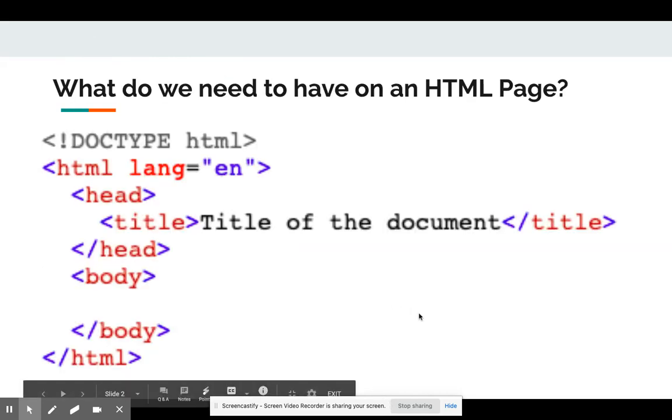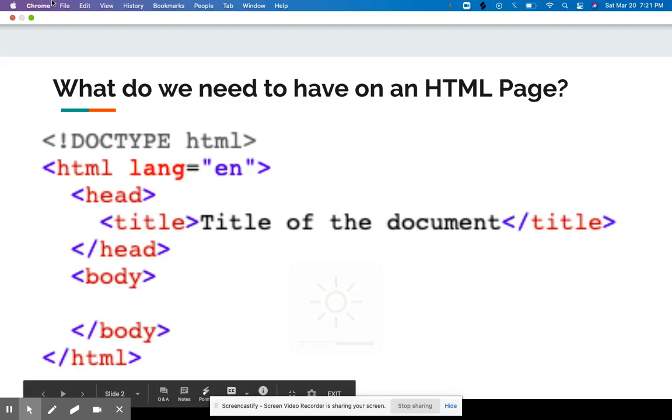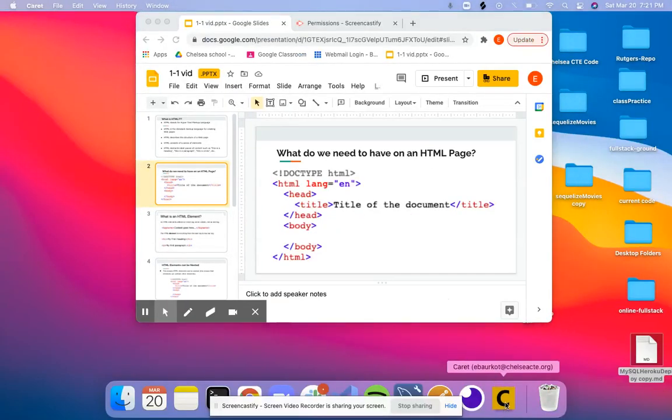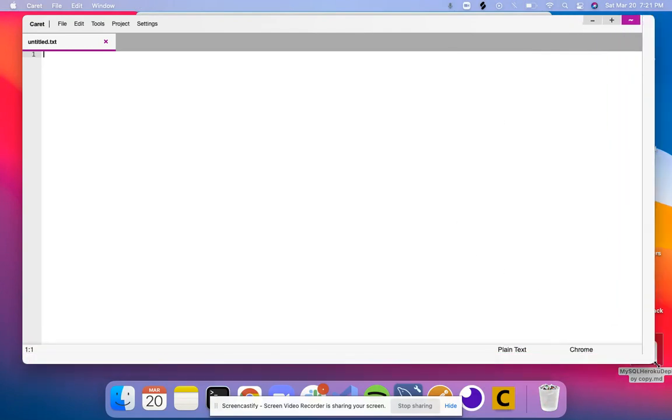So what do we need to have on an HTML page? So this is our basic skeleton of an HTML. I'm going to go over it in our text editor. So I'm opening up my text editor. Once I have my text editor open, the first thing I want to do is save it